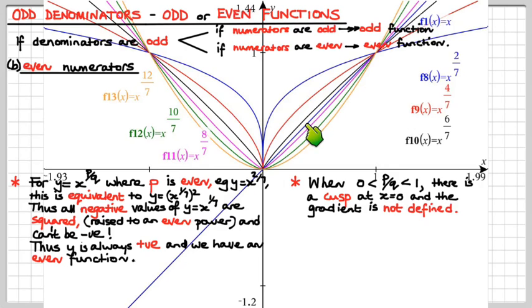So therefore, what we were talking about was x to the 2 over 7, 4 over 7, and 6 over 7 with the even numerators. Right? For those fractional ones where the fraction is less than 1, you have no gradient defined here because you've got a cusp. But if you go where this exponent is greater than 1 for these beasties, like x to the 8 over 7, x to the 10 over 7, and x to the 12 over 7,